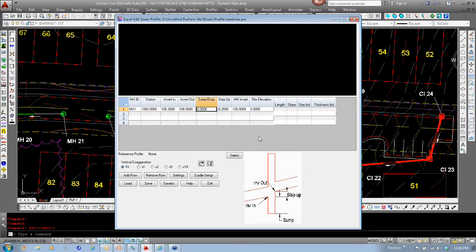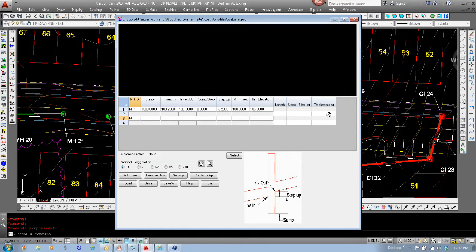I'm not going to put a sump in. You certainly can if you want to, but here where I'm located, we don't use those too often. Your manhole invert, the rim elevation, we'll just make it 105. And you basically enter your manhole information on line 1 and 3. And then the middle line will only refer to the pipe length, slopes, and some of those options get filled